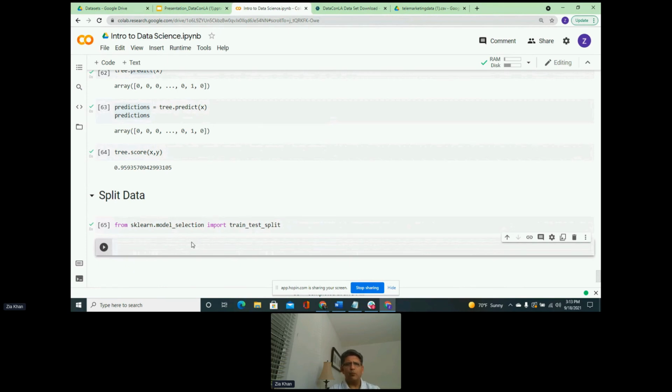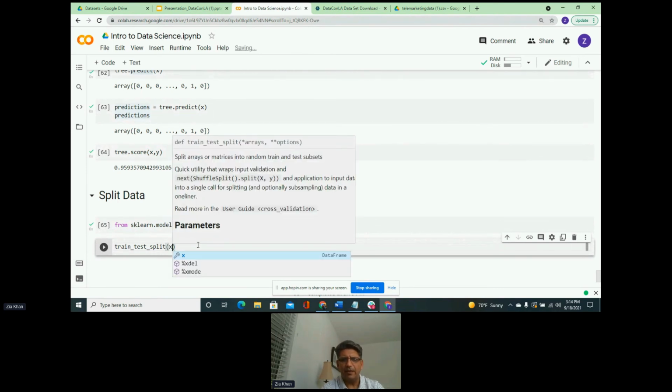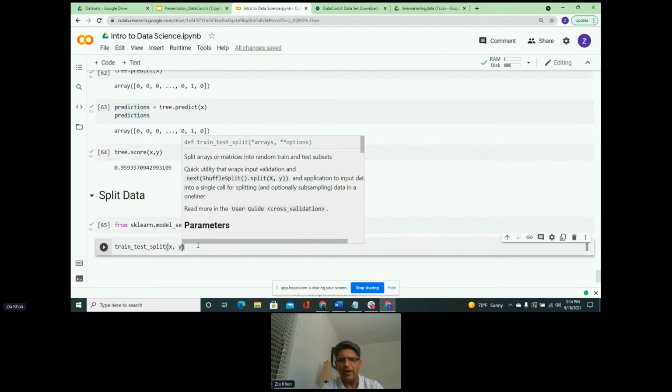The first thing we want to do is pass it two separate data sets. We are going to pass it the X data set and the Y data set. When we pass it two data sets, it's going to break both of them, X and Y, individually into two. So it's going to return us four data sets. Let's see how it works. We do train_test_split, which is the functionality that we imported here. We are going to use that functionality here, divide this X data into two, and then divide the Y data into two.